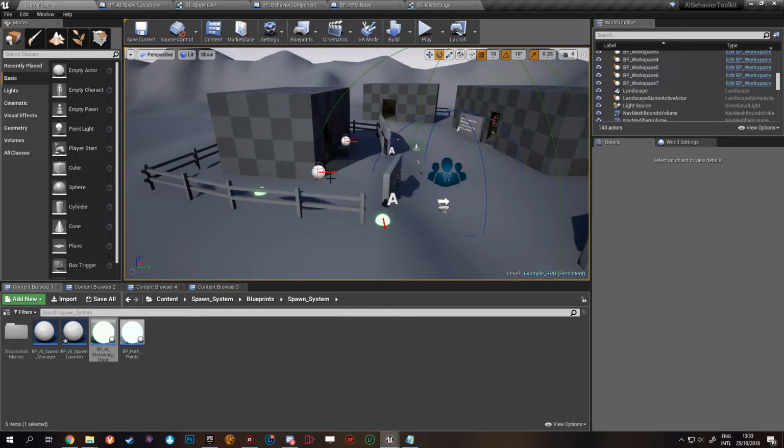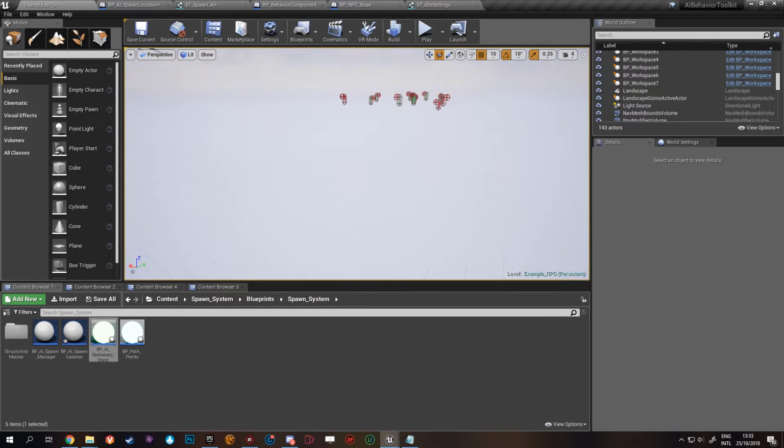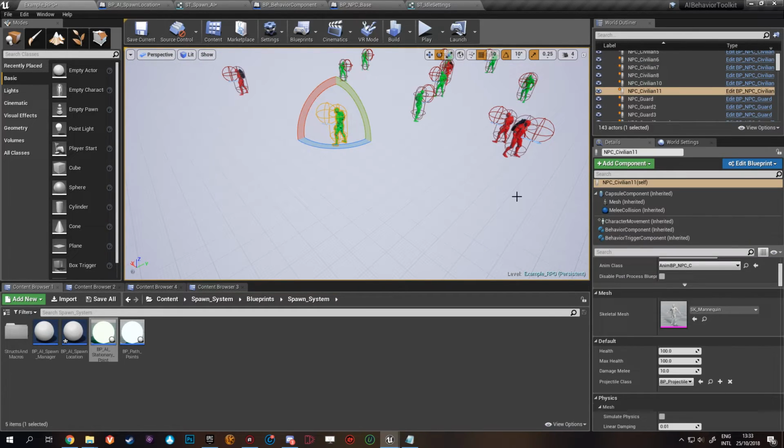Now I'm gonna do one extra step. Let's record the path AI. But you kind of get the idea. You need to get those variables from the variables that you set in the world instance, and you need to get that into the spawn system. So